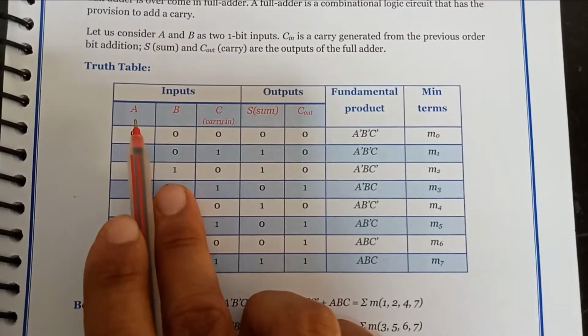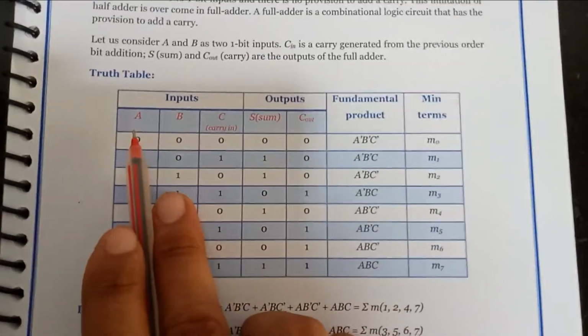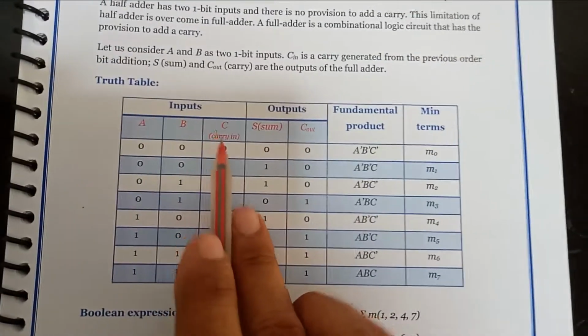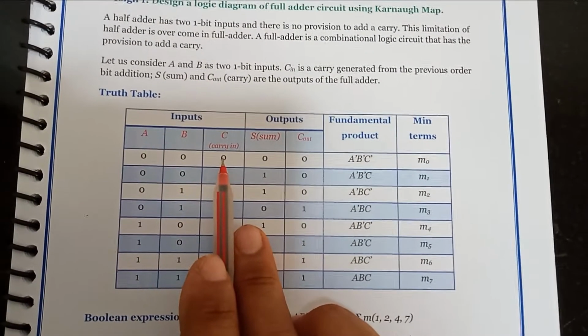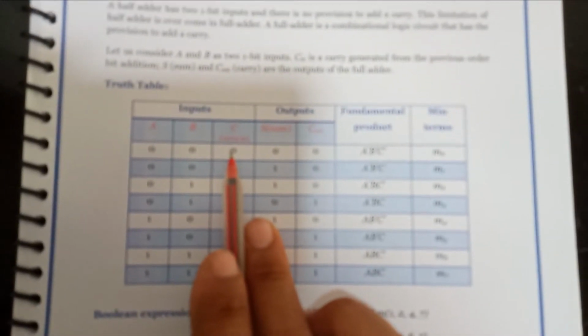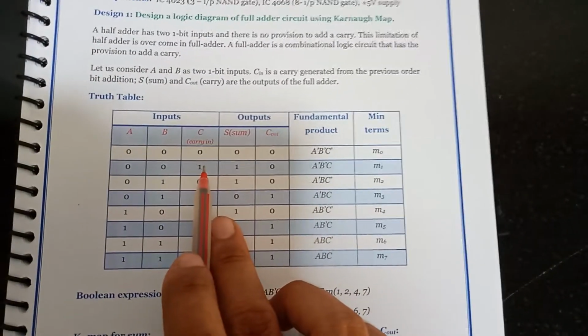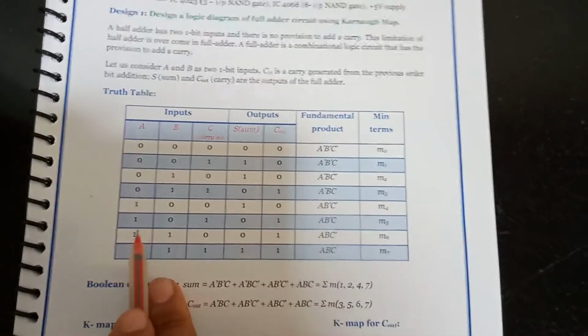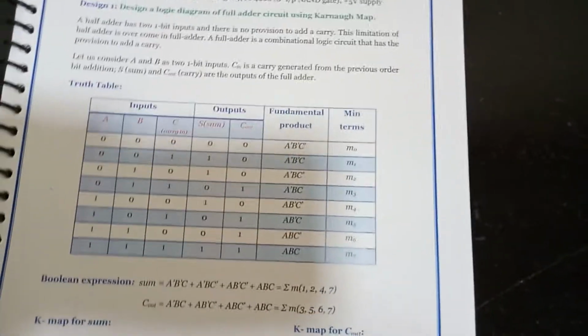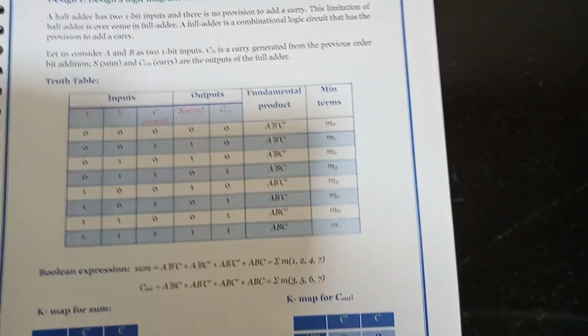We are taking three digits A, B and C. In some cases C can be the carry of this A and B. This is the carry input, which means nothing but the forwarded carry. If you have another block beside these blocks which is generating a carry, that can be added to this sum. This can be another carry which we can assume. Now 1 0 0, sum is 1, carry is 0, and so on.